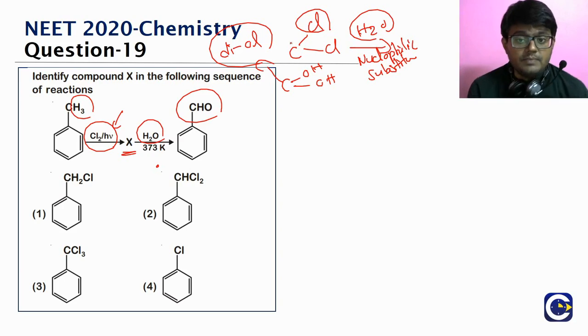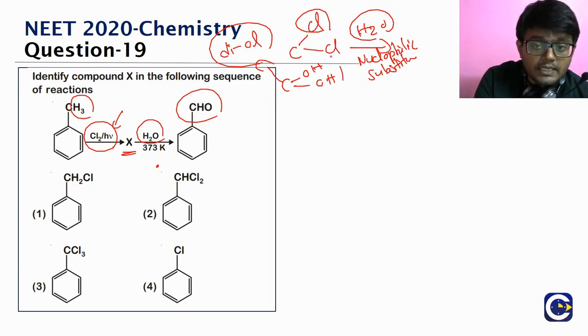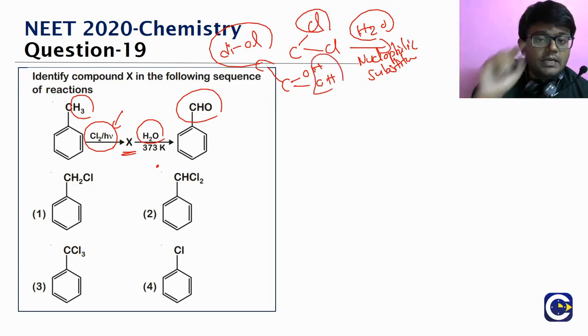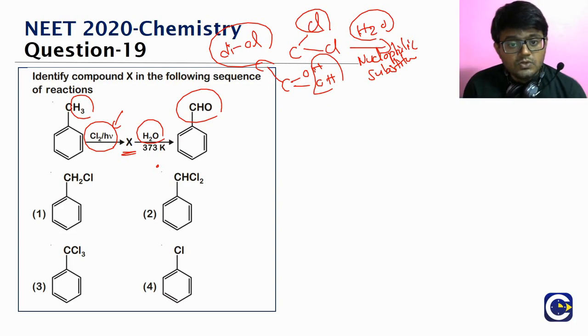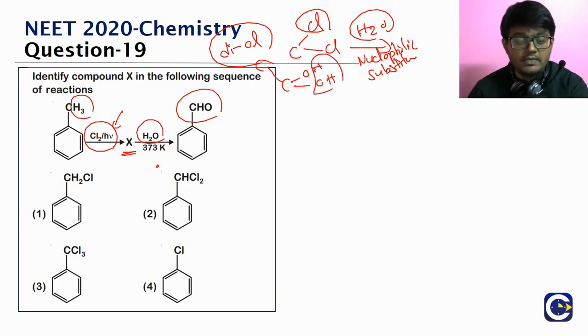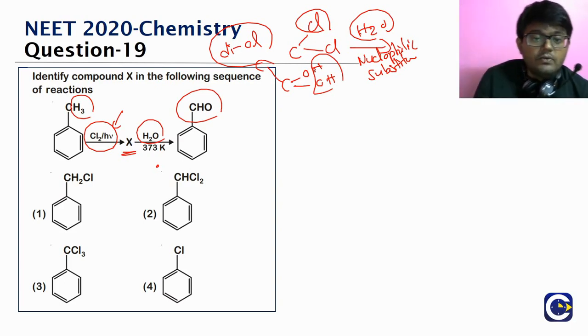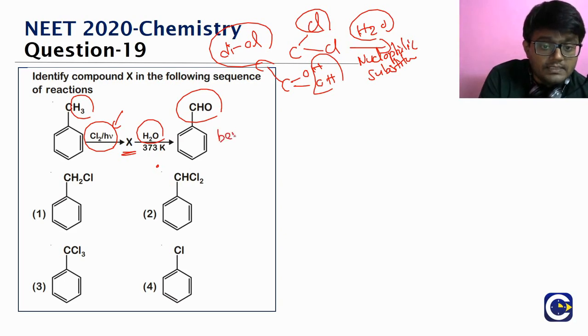So here, geminal diols, right? This is the property of geminal diols. Geminal diols are what? Unstable. So when both the OH are on the same carbon, they will be unstable. They will lose water, thereby forming a carbonyl compound. So in this question, we have to work it backwards. We need to get benzaldehyde. What is this? This is the benzaldehyde, right?